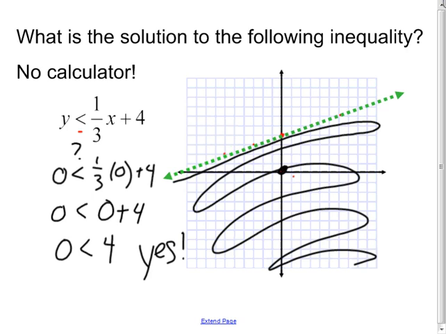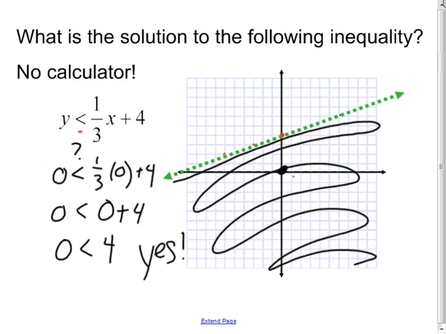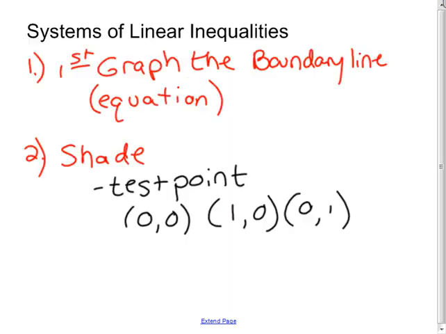Now, if we're solving a system of linear inequalities, then not only do I have to keep going from here, I have to now do my next one. So if I have 2 of them, I have to graph both of them. But now, instead of shading right away, what I'm going to do is draw these little arrows so I know what direction is included in this region, because in my steps, step number 3